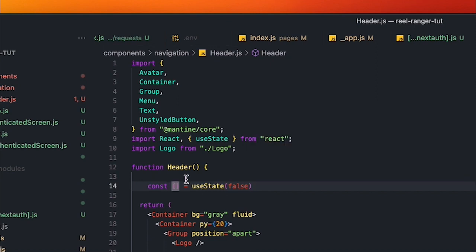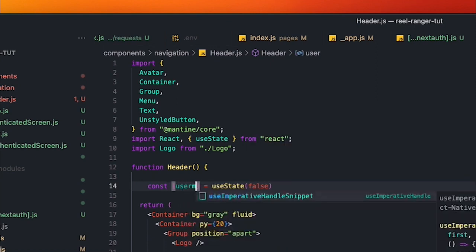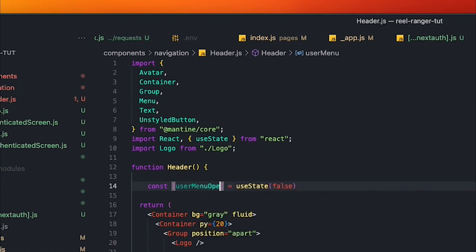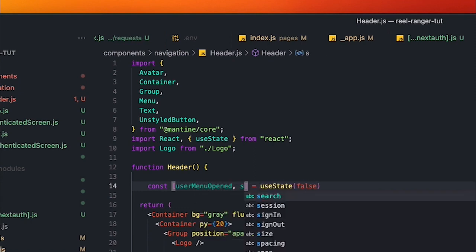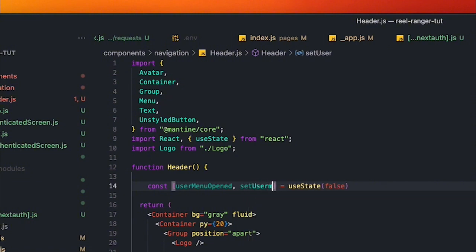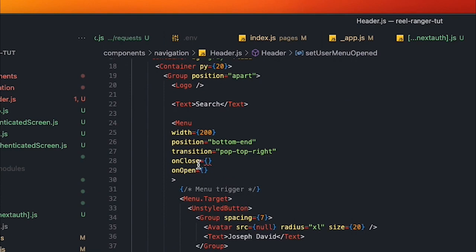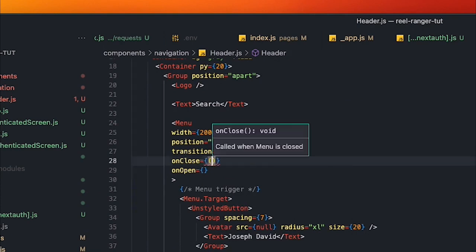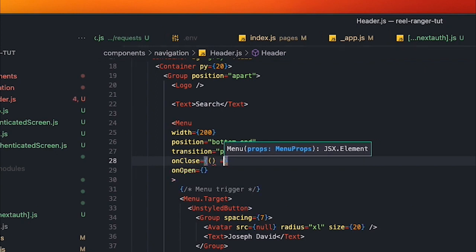It's not going to be open immediately. We're going to have a state called userMenuOpened, and then setUserMenuOpened. Okay, so go back to our onClose, and I'm going to give it an anonymous function, of course, and